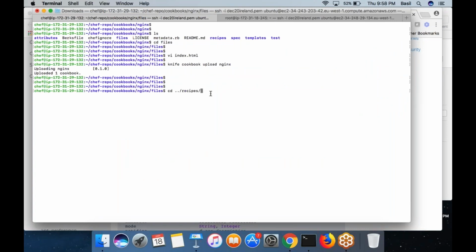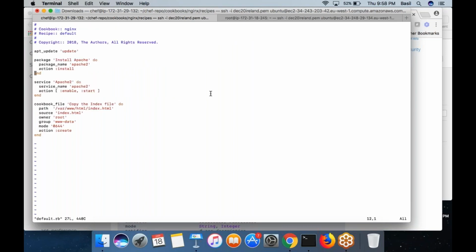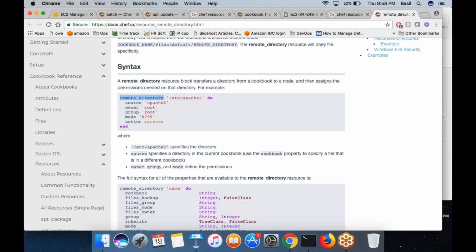Go to your recipes, in the default.rb, remote directory, you mention /var/www/html do, and you want this folder to be created. Actually it would be already there, but it would be replaced with whatever content that you mentioned here.